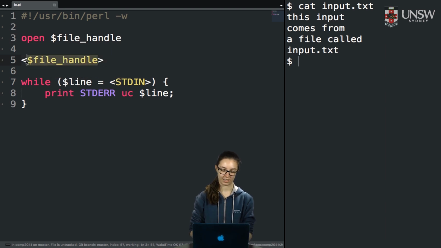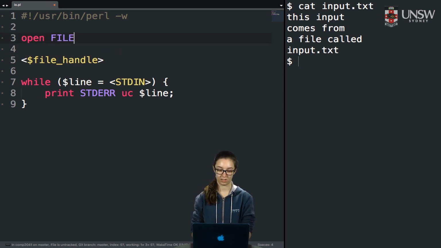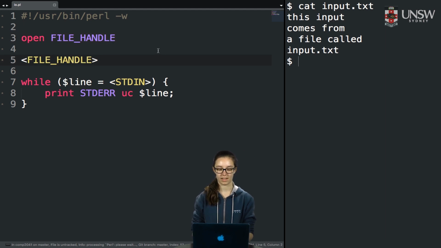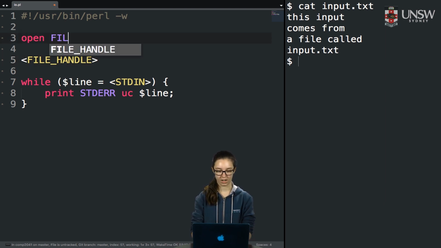using our file handle like this. Personally, I like to use the all caps version, like FILE or FILEHANDLE, because it just visually reminds me that I'm supposed to treat it like I would standard input or standard error. What we then do, once we've got our file handle,